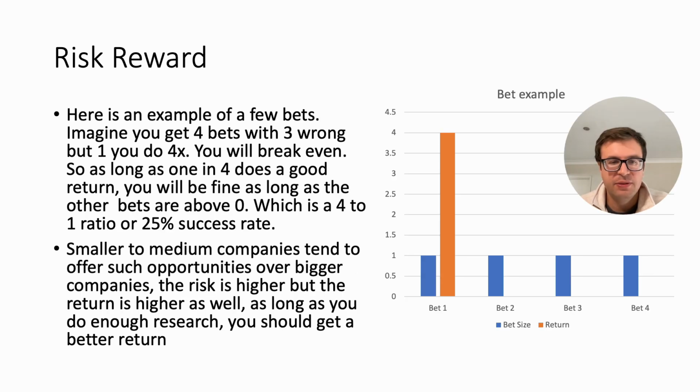So this is the risk reward. It shows basically, this is an example with bets. When I say bet, I mean it in a way that you buy a company and you would expect 1 out of 4 to do very well. So if that happens and 1 out of 4 does quite well and all the other 3 fail, you would